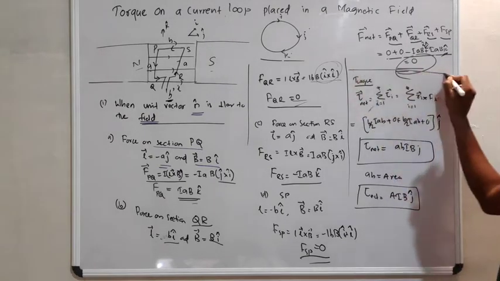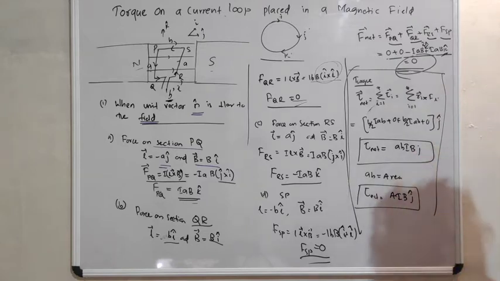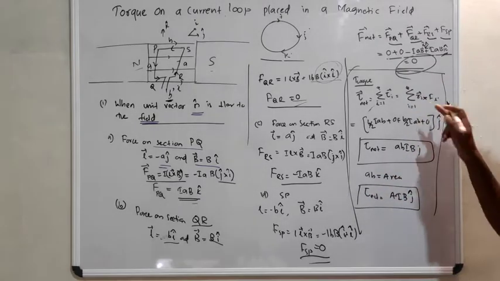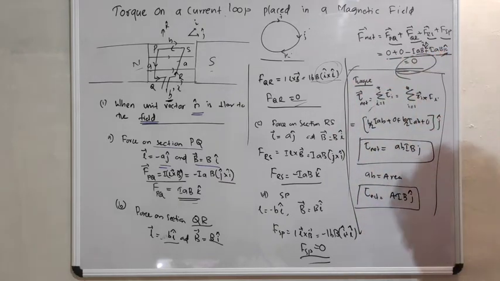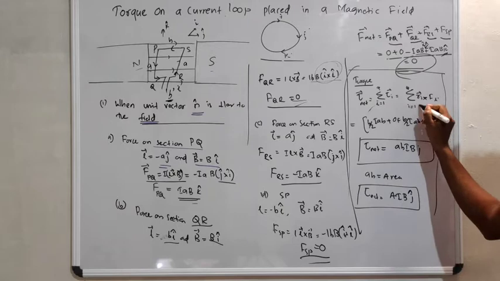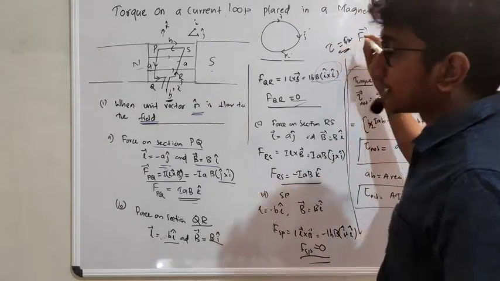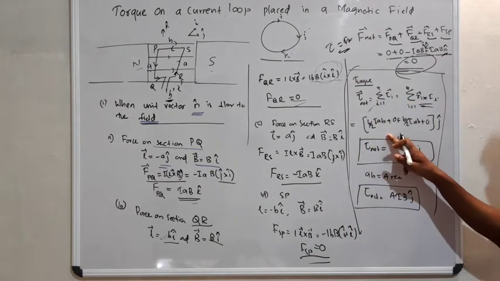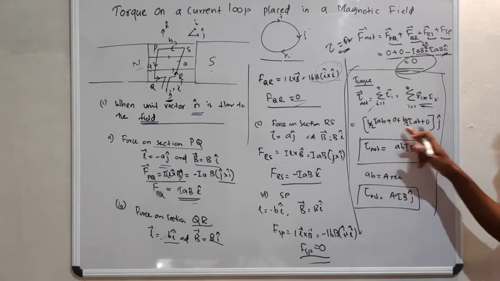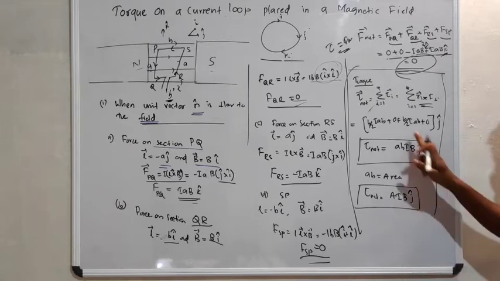Now, net force is equal to 0. So what is the torque? Torque is something we have learned in the first year. Torque is equal to the integral of tau, which, here with discrete values, is the summation of tau, which is equal to r cross F. What is the equation of torque? Torque is equal to perpendicular force into perpendicular length. So r cross F: b by 2 into IAB plus b by 2 into IAB. The other forces are 0. Then what is the value? b by 2 plus b by 2, that is b, into IAB.